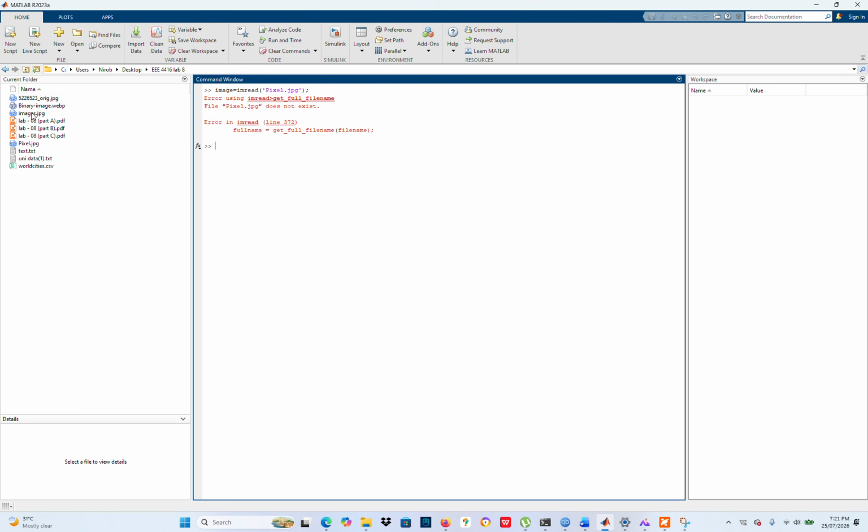Okay, that is the current folder. Under the current folder, here you can see there is a pixel. Okay, so again let me copy this part, and now run it. This time here you can see it's been stored in my workspace, and you can see the size: 720